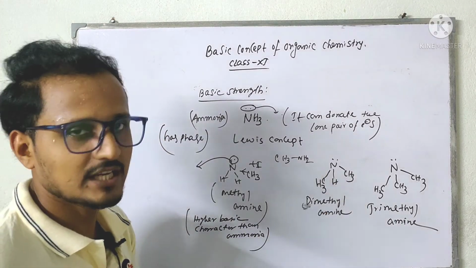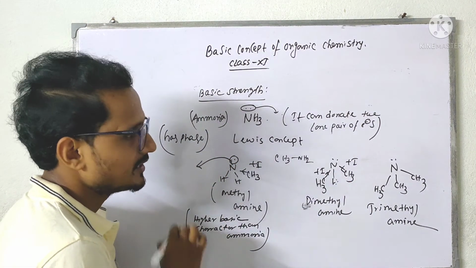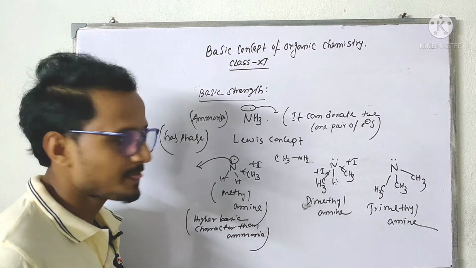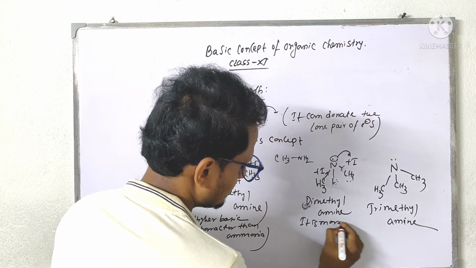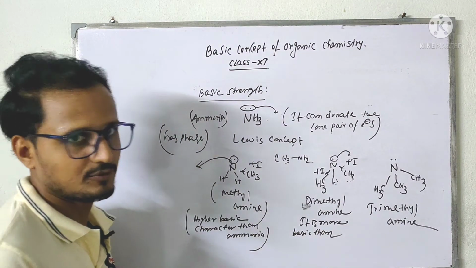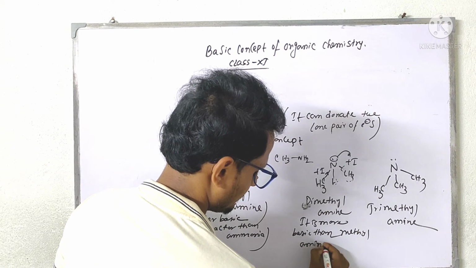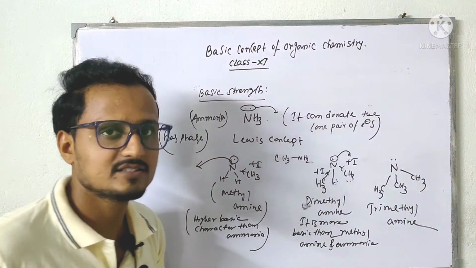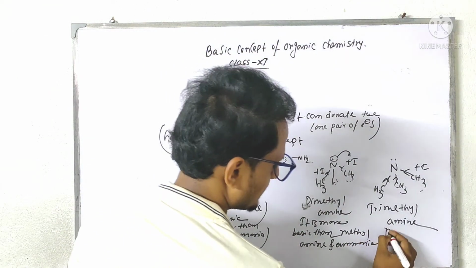Okay. Here 2 methyl groups are present. So it has 2 plus I effect methyl groups. So it will increase the electron density of the nitrogen atom more than methylamine. So it is more basic than methylamine and ammonia. Now here the basicity is highest because it has 3 plus I effect groups. Basicity is highest.